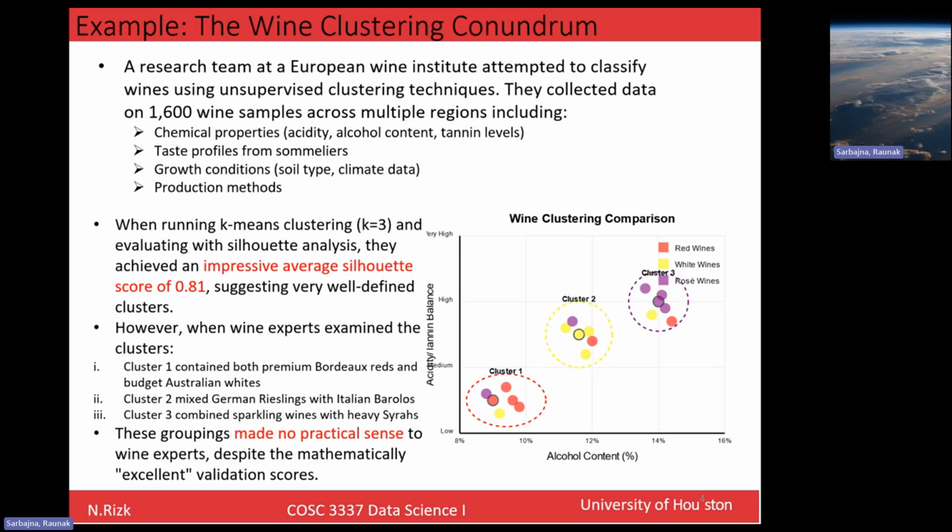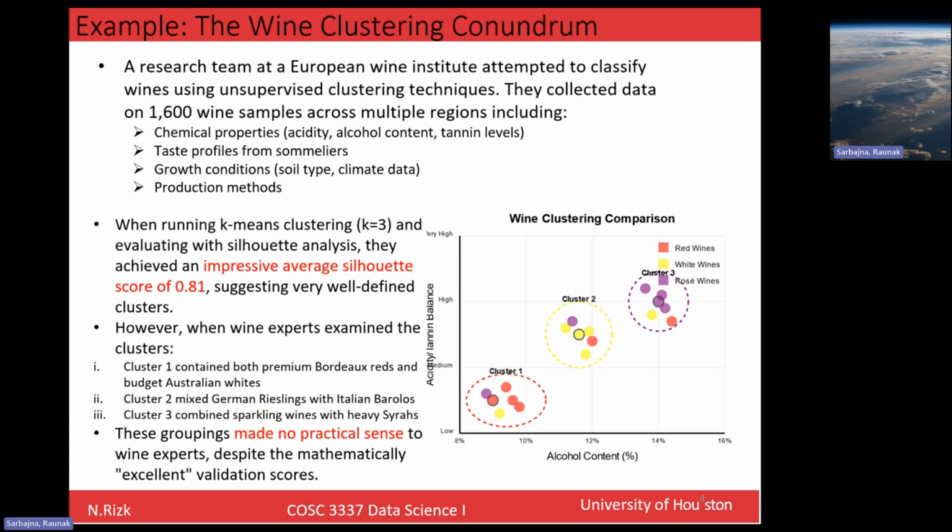So this is an example of why we need to analyze clusters, right? This was done at the behest of winemaking companies in France. Given a bunch of different types of wine samples across multiple regions across Europe, they were collecting data on various specific things: chemical properties, taste profiles, growth conditions, production methods, etc. What they were trying to do is figure out if there are certain conditions, certain underlying truths